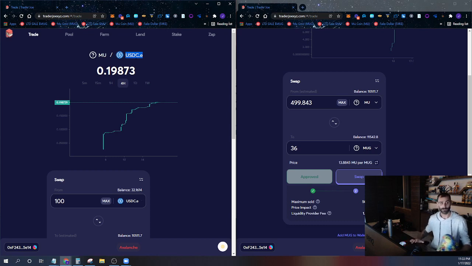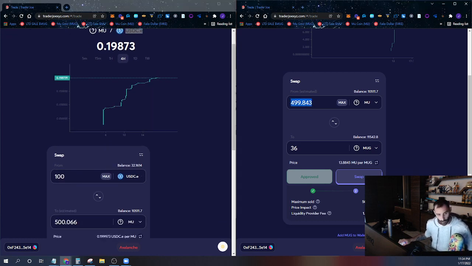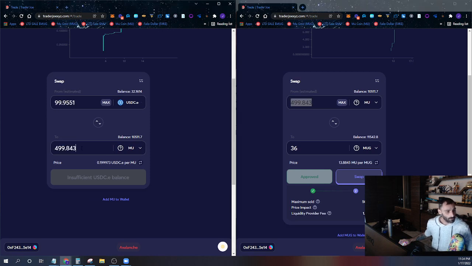USDC does not actually fluctuate in value like other cryptocurrencies like Bitcoin or AVAX, or every other coin that's not a stable coin. Now, it does fluctuate a little bit in value, just a small amount, but it's virtually always worth $1. So we need to buy 499.843 Mew coins. So we're going to buy this many Mew coins, and you can see that is costing us